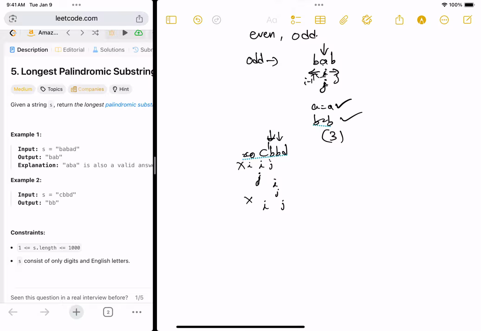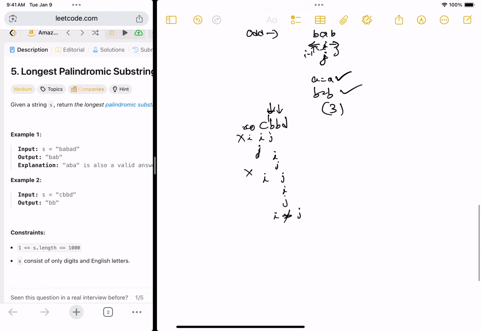Now we will increment I comma J to the third index, and now we will decrement I to B, and now J goes to this D position, which are not matching each other, and hence we will never be able to find the palindrome, which is BB, because we are starting at the same